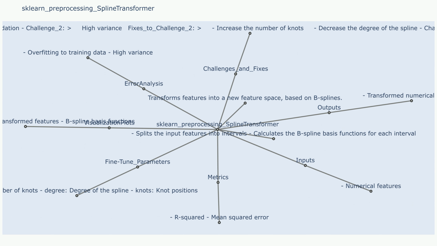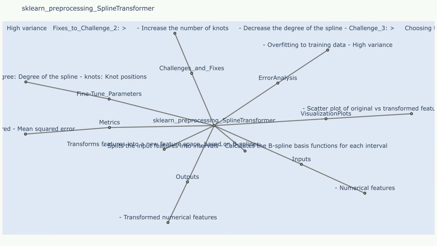Fixes to challenge 1. Regularization techniques: use techniques like L1 or L2 regularization to penalize complex models and prevent overfitting. Cross-validation: divide the dataset into training and validation sets. Use the training set to fit the model and the validation set to assess its performance. Adjust the parameters of the spline, degree and knots, to achieve the best performance on the